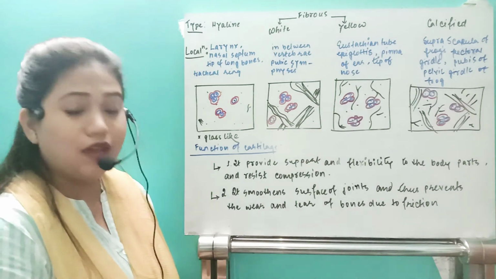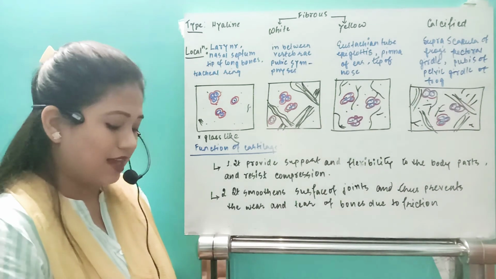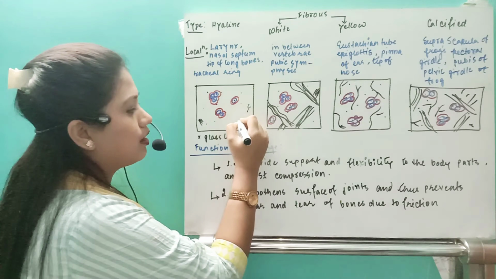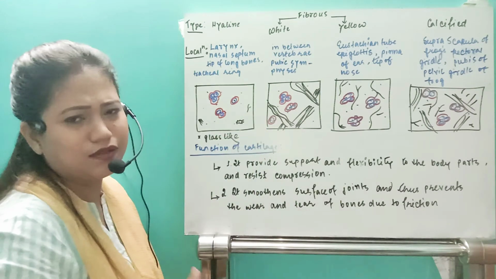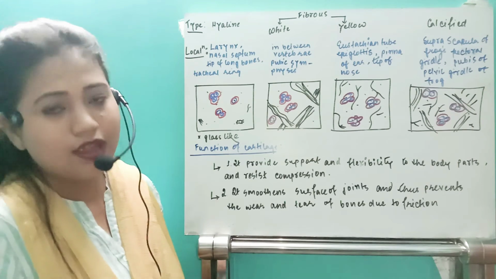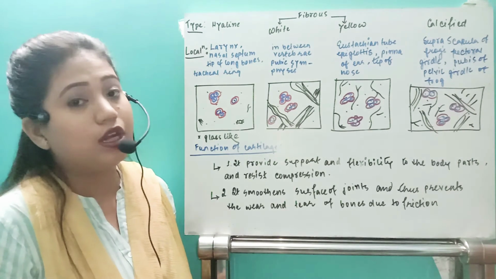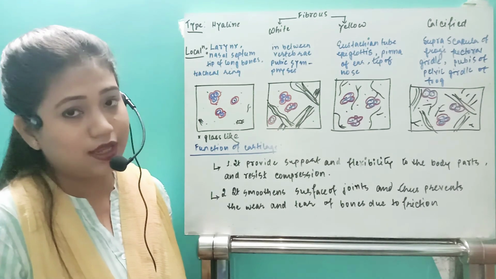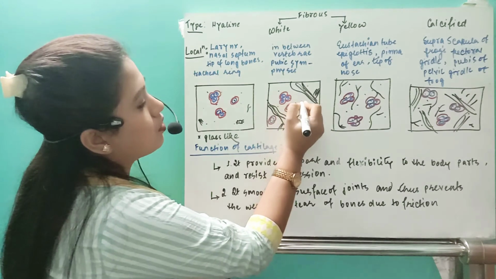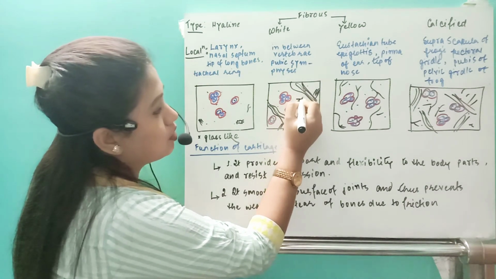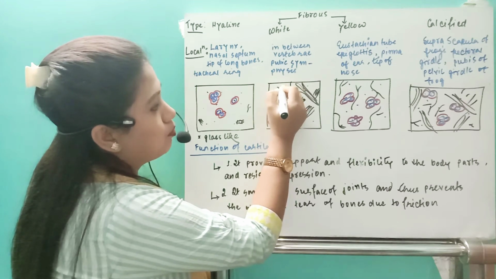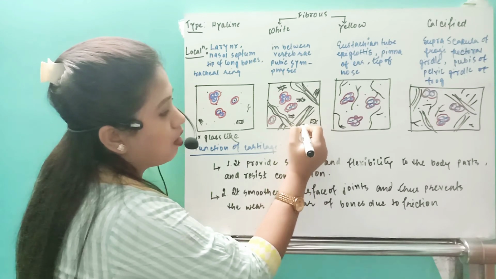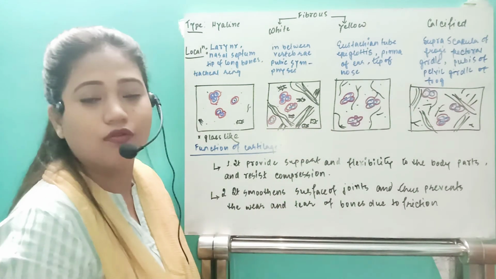Now the next one, if it comes to another cell, that cell is the fibroblast cell. In the case of the hyaline cartilage, fibroblast cells are very few because the fibers are also very few. They are found in very small amounts or nil. There will be no fibers, so the fibroblast number will also be less, right? But in the case of the white fiber, yes, they are going to have this fibroblast cell which has protoplasmic projections which secrete collagen protein that makes the white fiber.